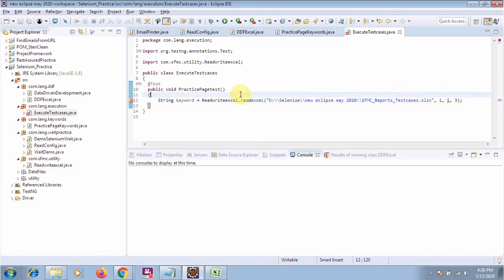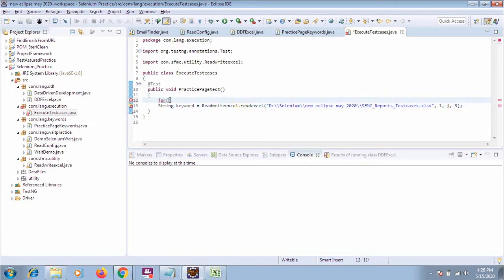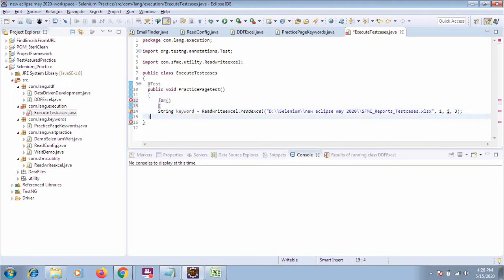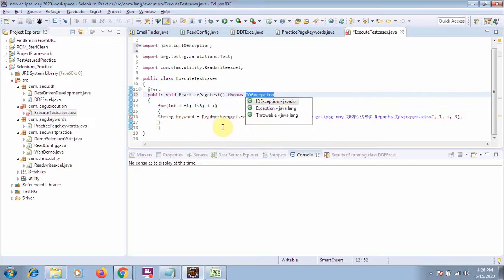Okay, so I will keep this thing inside a for loop. I will say int i is equal to 1; i is less than 3; i plus plus. Okay, so it's asking for an exception. For the time being, I will use throws, but in an actual project, you will not use throws.